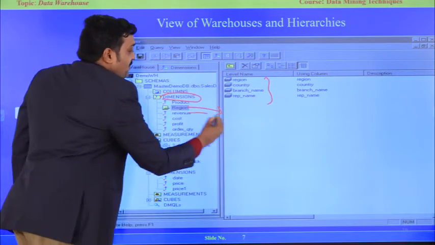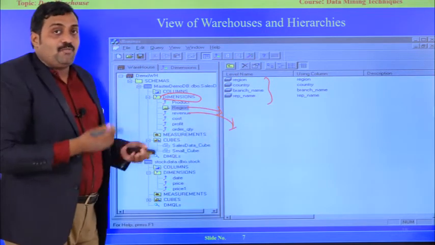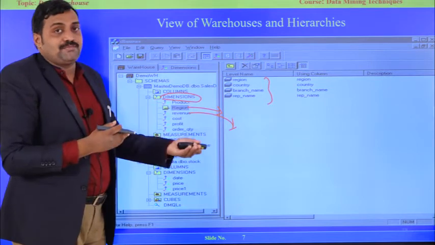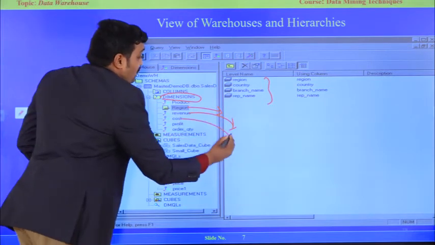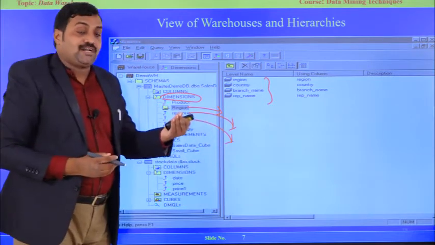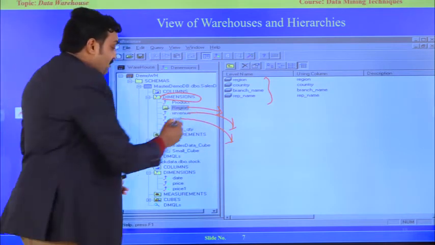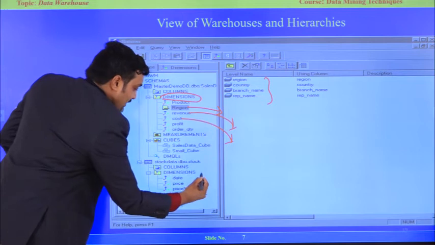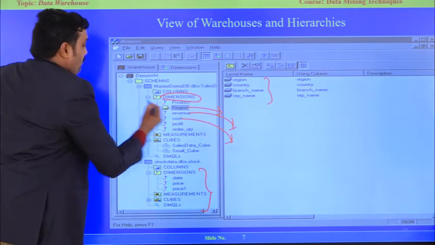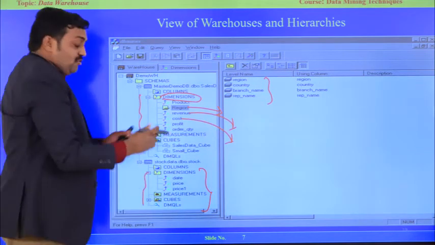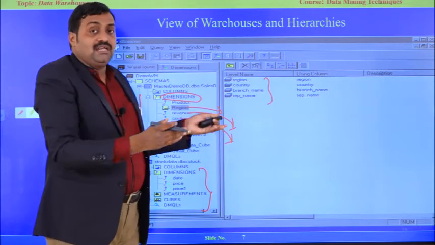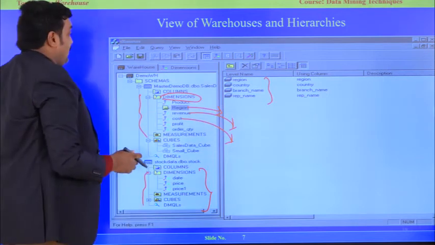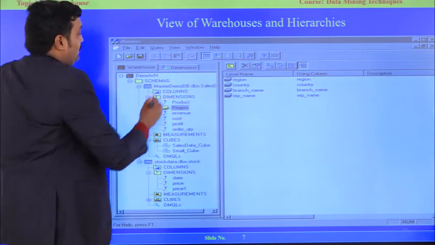Revenue means money: how much revenue is generated, how much amount I am spending. Cost of product, item cost, each product cost or bulk cost. So we have various dimensionality. Then see here, another dimension, one dimension, two dimension, we have multiple dimensions at each location in the dimension table.